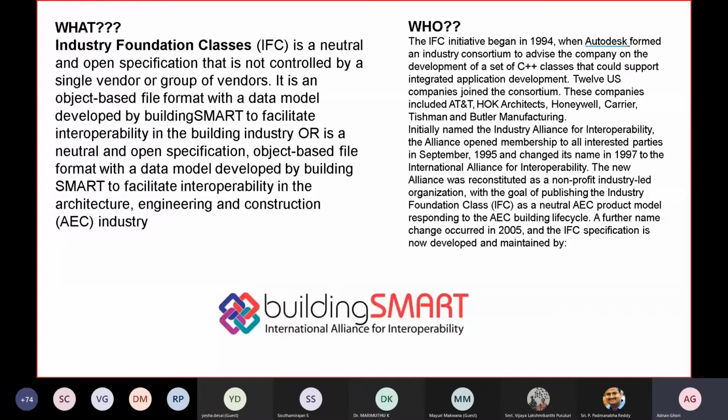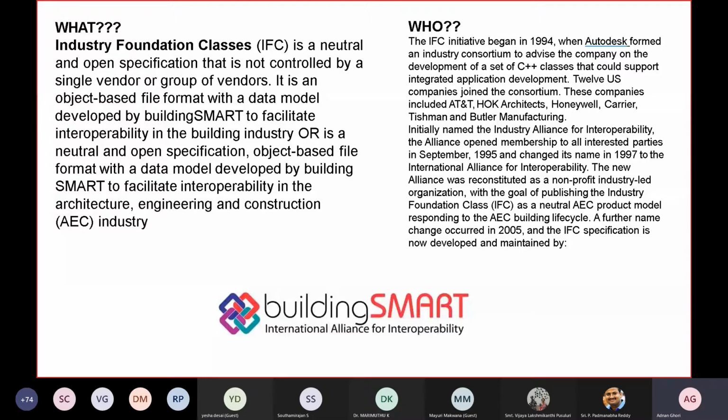If there are experts working on STAAD Pro, there is an option there to export the entire model into IFC format. That is what IFC, Industry Foundation Classes, means. You can open that model in Building Smart in an IFC format as well.